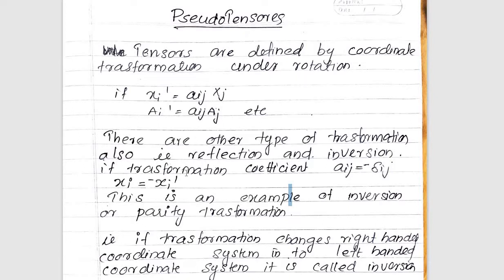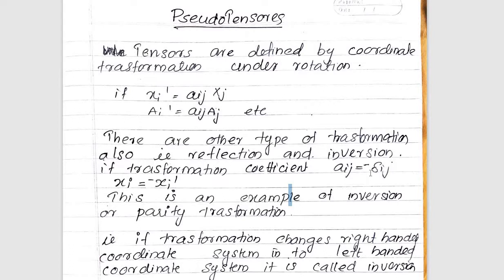That is, x changes into minus x, y changes into minus y, and z into minus z. Or in general, in the case of inversion, this aij is